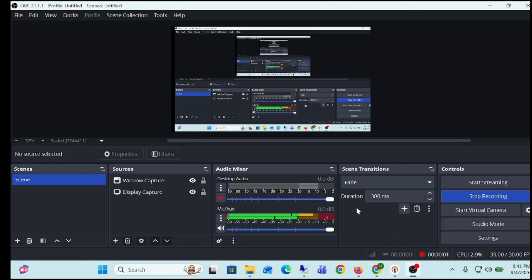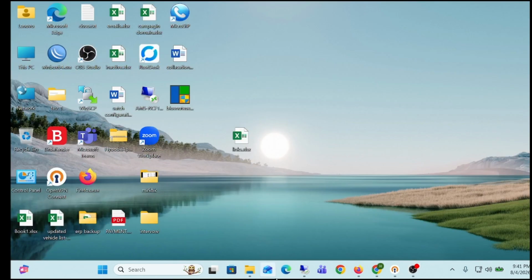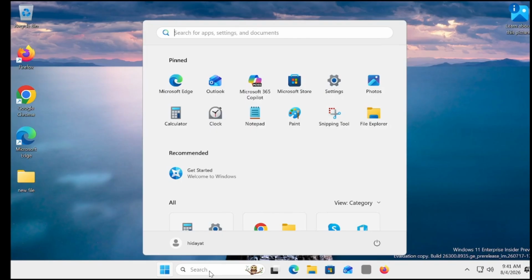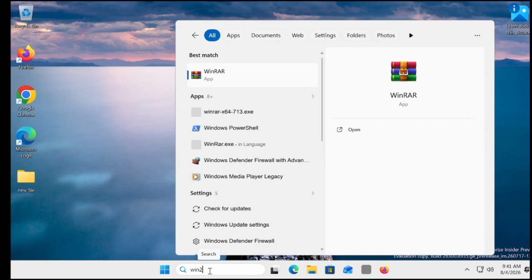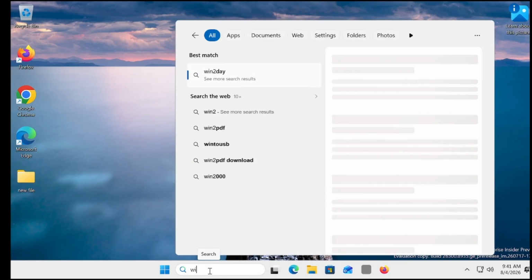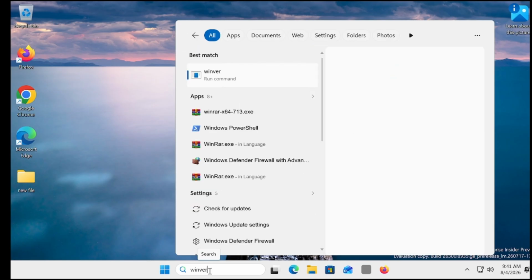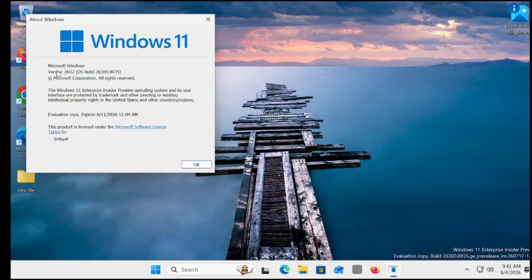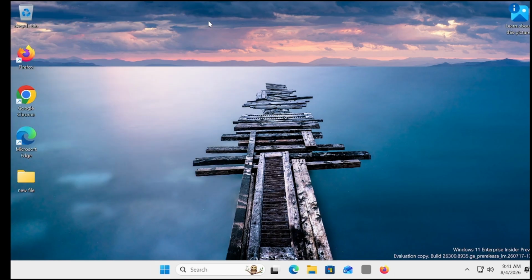So finally, Windows 11 26H2 has been installed successfully, and let me show you the Win version. You can see that it is 26H2 and OS build 26300. So it is the latest Windows 11 26H2, and you can install it this way going forward. Most importantly, this Windows 11 26H2 has a lot of amazing features, but we will definitely talk about them in